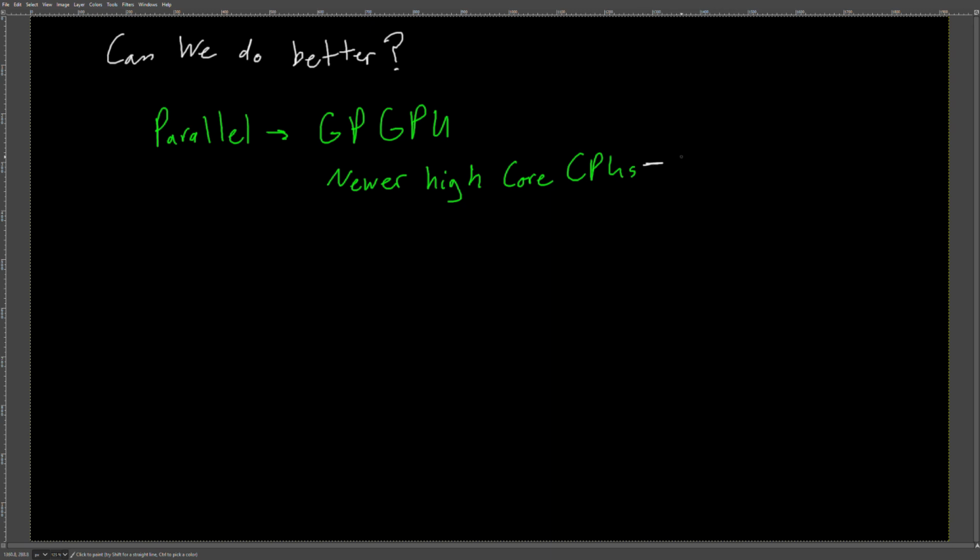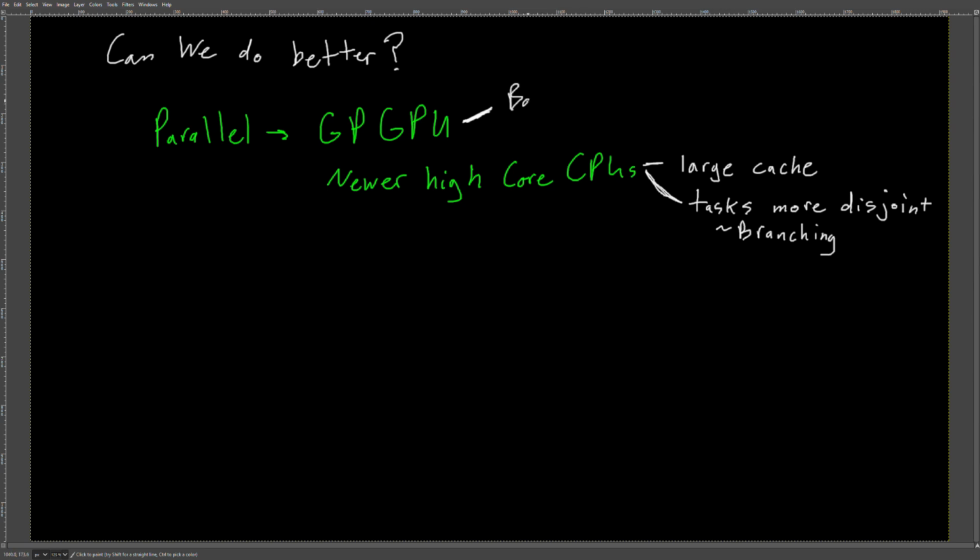And they have different benefits. I've chosen to focus on CPU performance here, specifically because of the combination of tasks being allowed to be disjoint, because there's large cache and good branching performance, which basically means that we can not just have conditionals and iterations that perform well, we can have good random access lookup, whereas on a GPU, we typically batch things, and what that